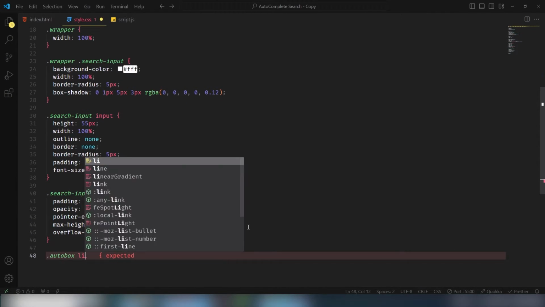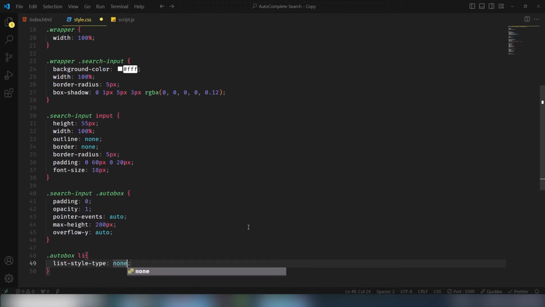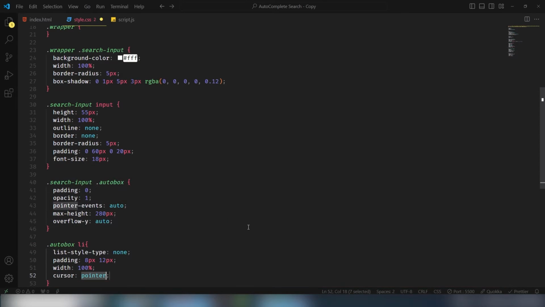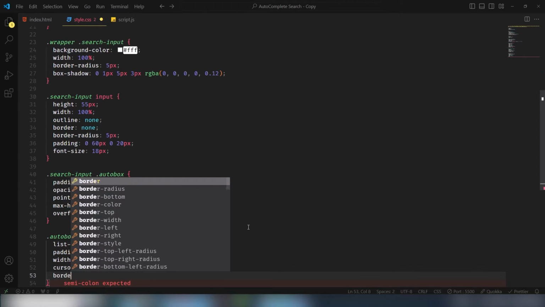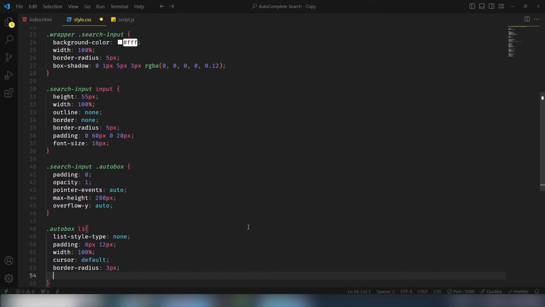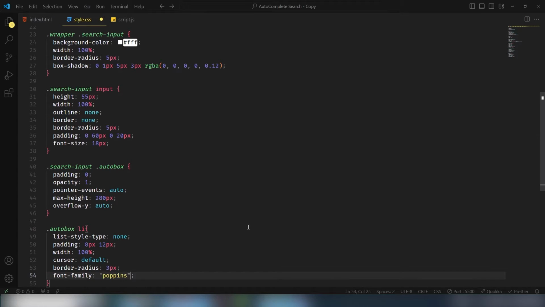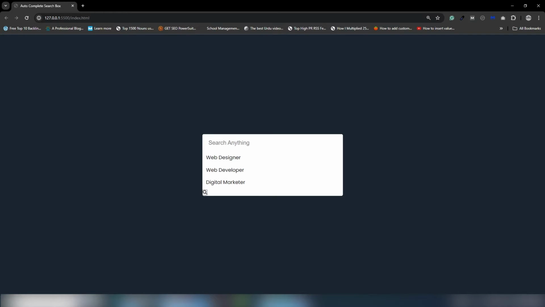Let's select the auto box li. I'll take step number 1: you need to remove the bullets. Use the padding top and bottom 8 pixel, left and right 12 pixel, width 100%. Cursor I will use default, and border radius I will use 3 pixel. Font family is Poppins, and also sans-serif. So I need to save it and get